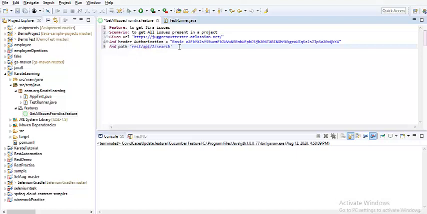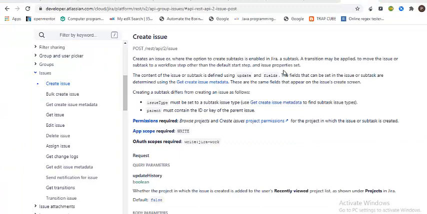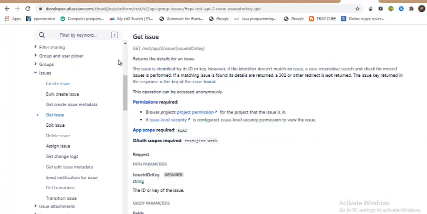Yeah, so this is actually called a path parameter, which is also known as the context URL. So if you go to the Jira official documentation, you can note down all these things, like get issue. So this is the endpoint. This is the context URL that you need to use in order to get the specific issue. So issue ID or key ID, like if you want to get a specific issue, you can update the number of it. We'll see that as well.